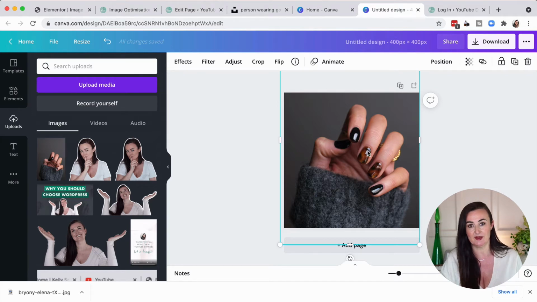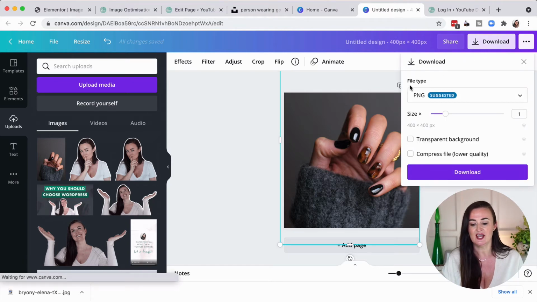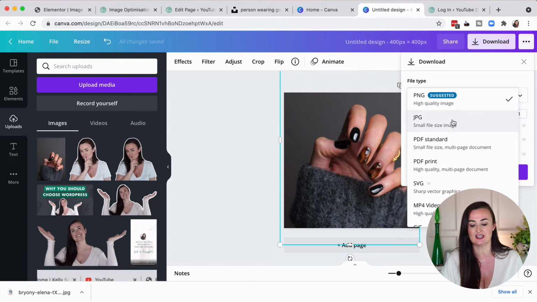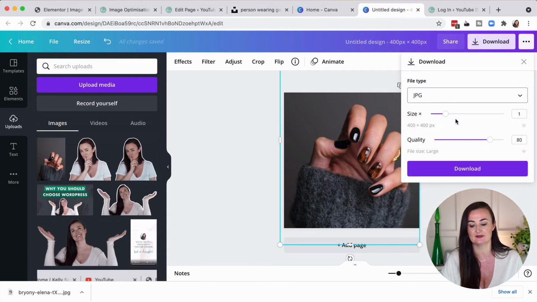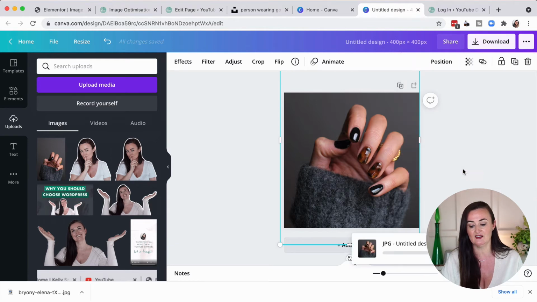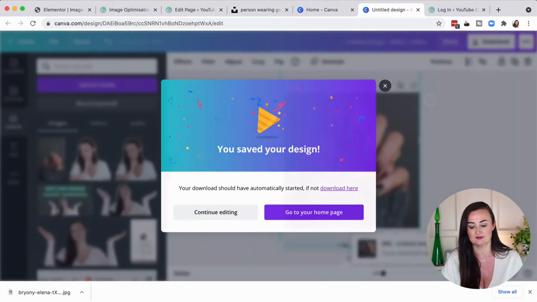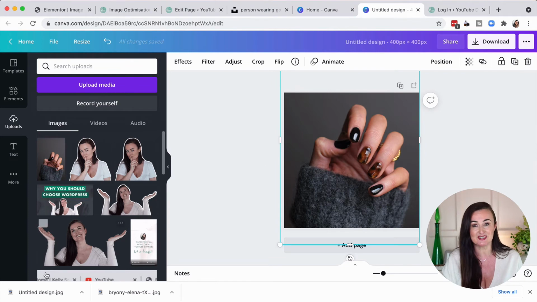The proportions have been maintained rather than stretching it or skewing it, which is quite hard to do in Canva, so that's good. Okay, and now I've finished. I just click on download, and you can see here it's suggested PNG, but remember what I said before, this is an image, it's not a logo, I don't need transparency, so I'm going to save it as JPEG. There we go. And I leave the size and the quality as they are and just click on download. Okay, great. Now that's ready to upload into my website.